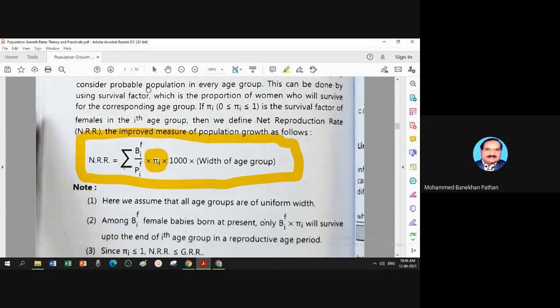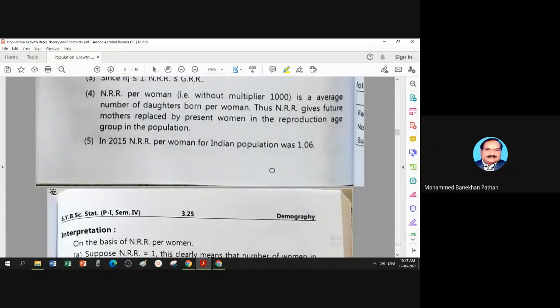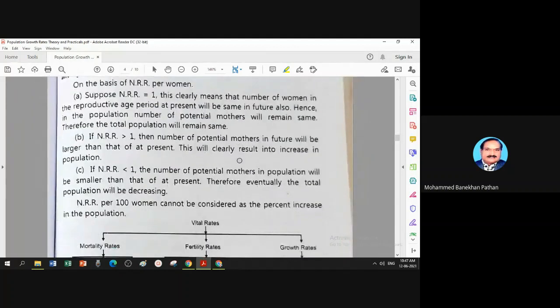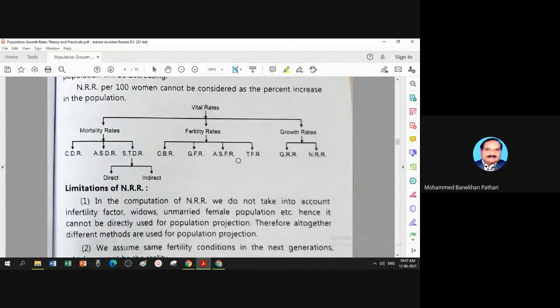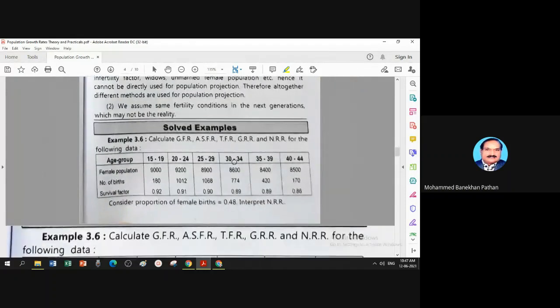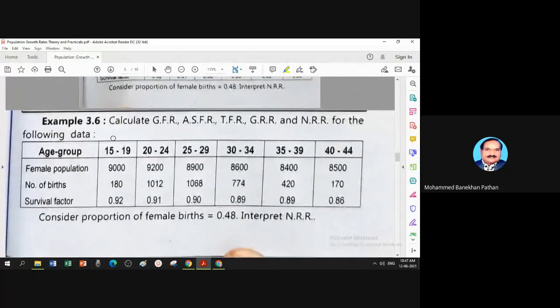So on the basis of these two formulae, we are studying today's practical. Let us see questions and solution. This all theory you can read and try to understand. Now today's first question, you have to write in your journal, example 1.